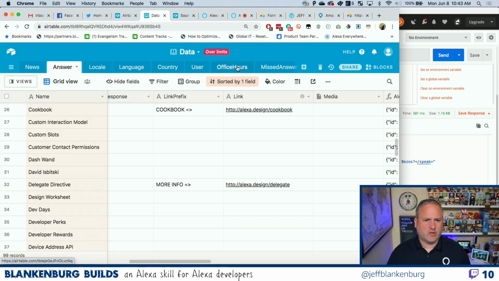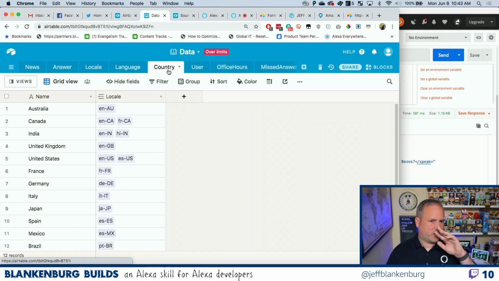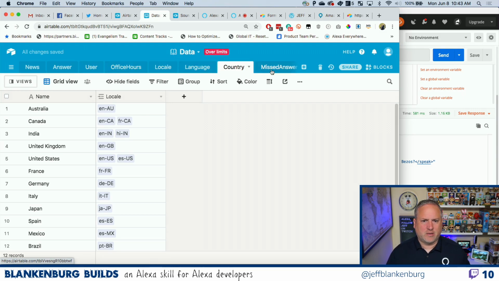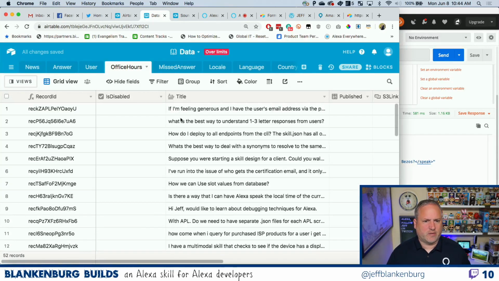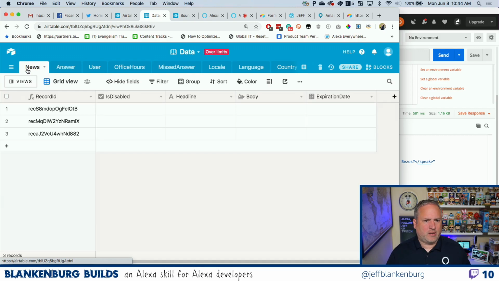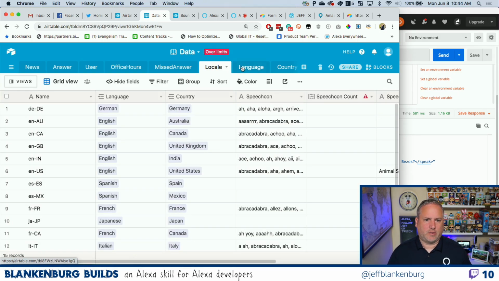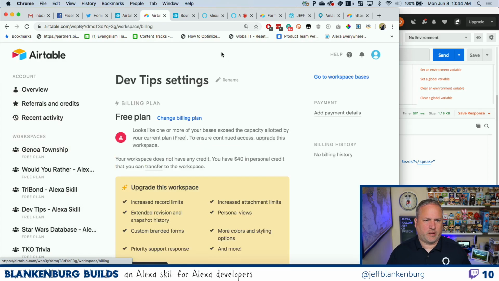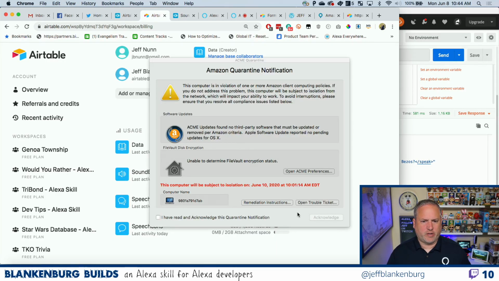So what is the thing that has all my data in it now? Because user table has nothing. Locale, country, all those, I want to move this stuff over too, because locale, country, and language are really just to generate my locales. Where's all the... Oh, this is 52 records. That's fine. Those are from office hours. User has 1. Answer has 99. Data does not have 2,000 records anymore. Sorry, that's just not true. I think maybe that only gets updated occasionally. This has got to be way under 1,200 now. So I'm feeling really good about this.